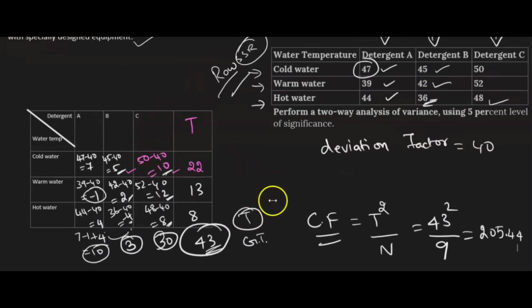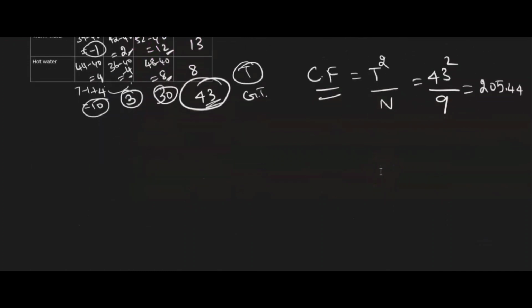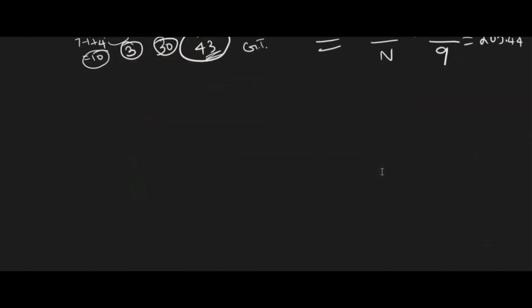Step 1 is over. We are just using the deviation. If you want, you can find it as it is by squaring it and adding it, but it will be too huge. That is why we are using the deviation factor. So now step 2 is you have to find